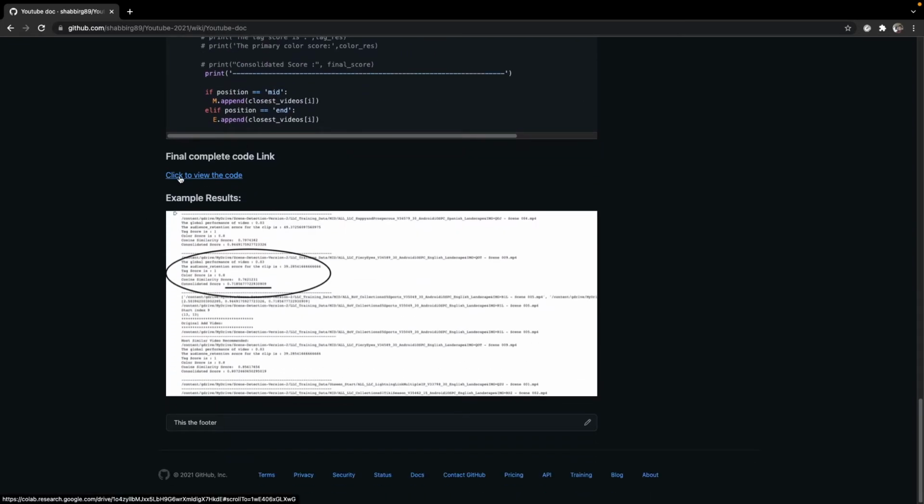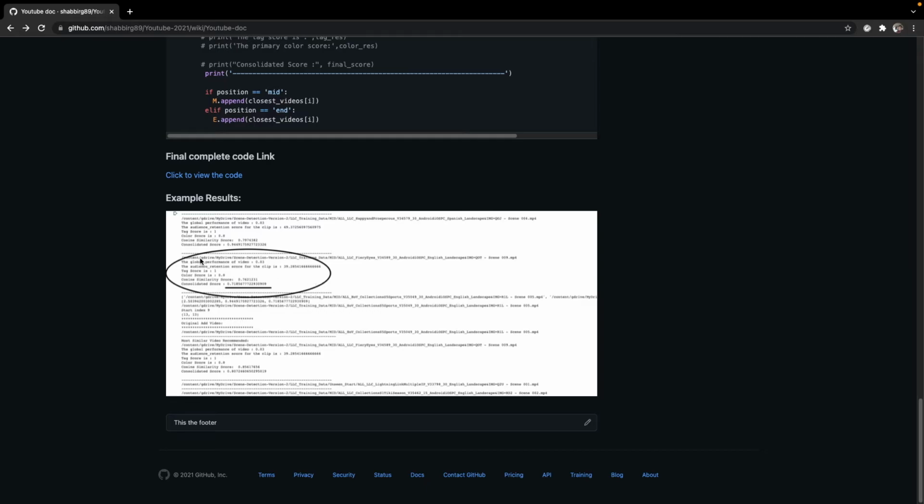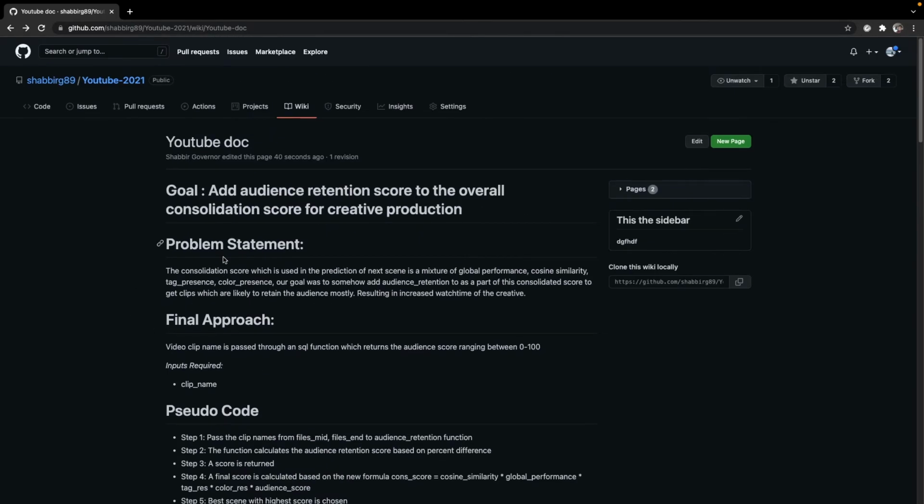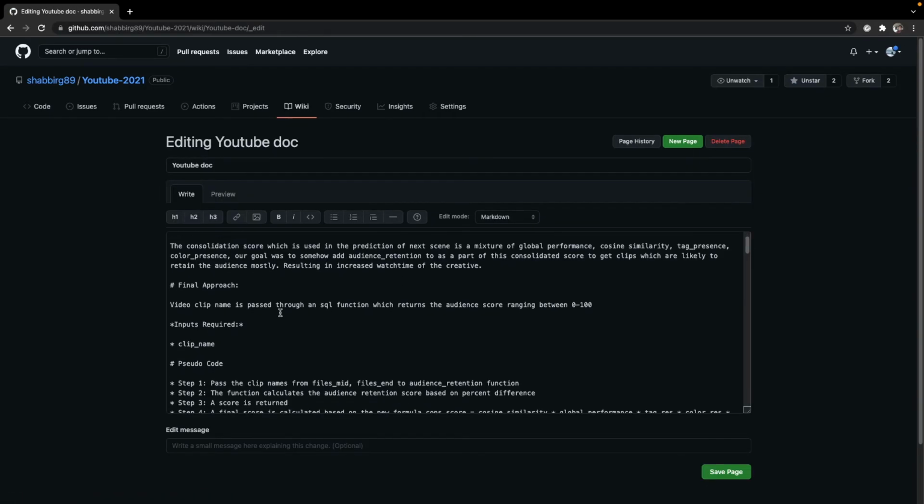You can just paste clickable links which will take you to other pages, like as I click here, it takes me to this Colab page. And also you can paste the result like this. There are a bunch of things that you can do with markdown files. Markdown files are a pretty huge topic by itself, and this was all that I wanted to show in this video. Let's also just view the raw format.